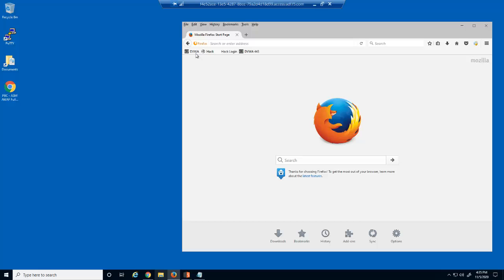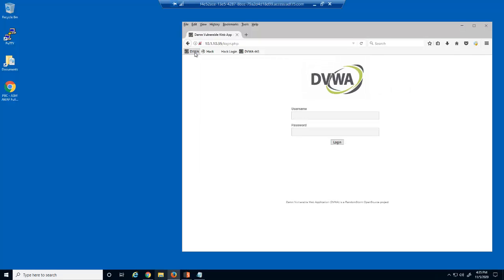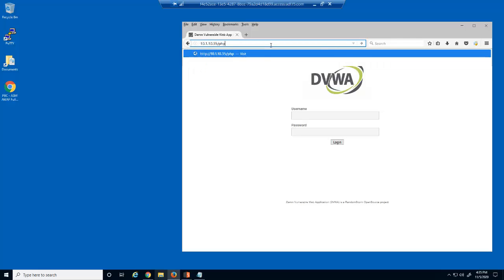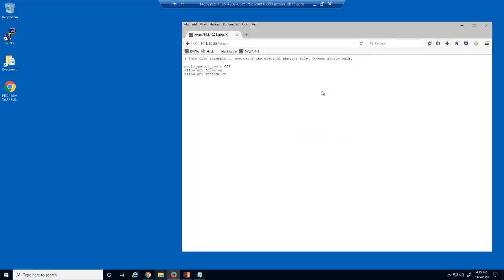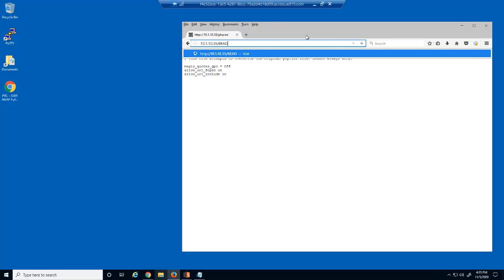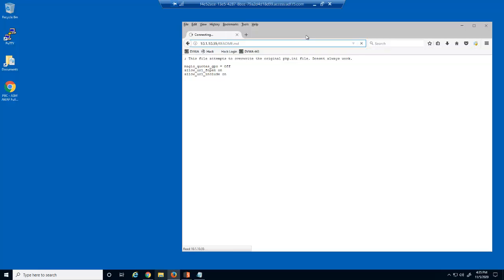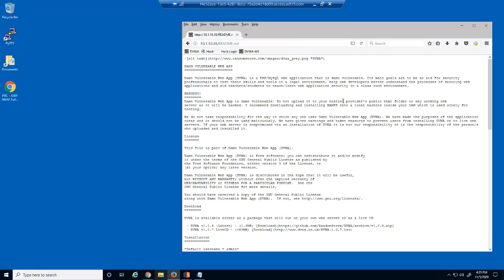We'll start by accessing the DVWA web application and attempting to access confidential web server files. First, we'll try to access the php.ini file. We are successful. Next, we'll try to access the readme.md file. Not only are we successful,